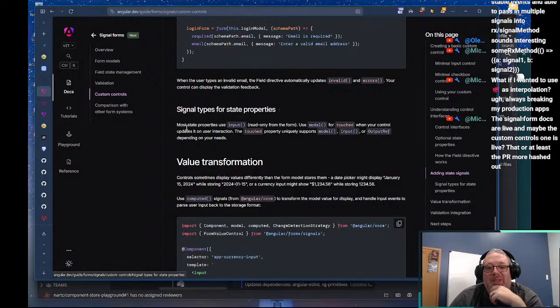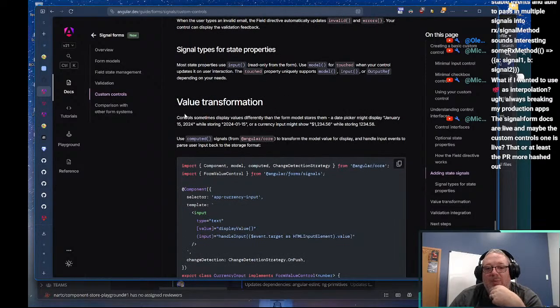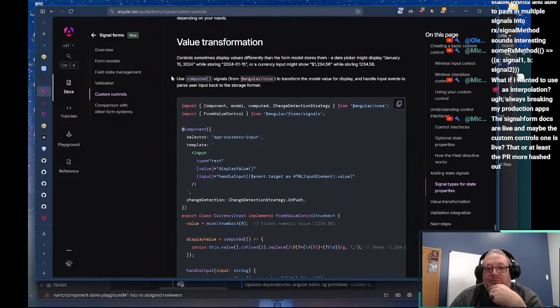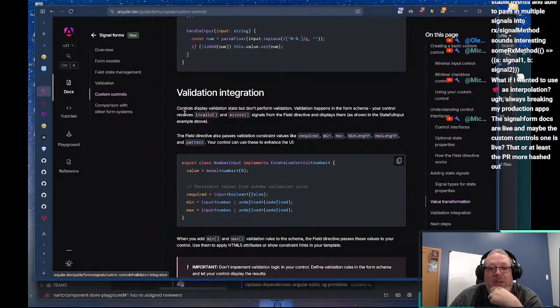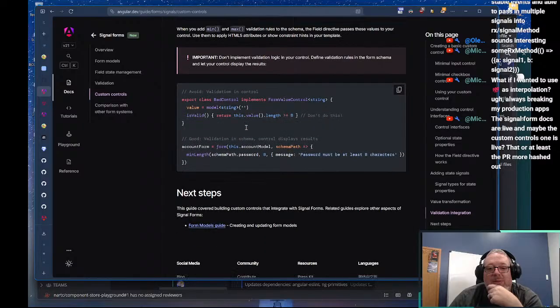Signal types for state properties. Most state properties use input, read only from the form, use model, value transformation. Yeah, date picker stuff. We'll come back to this when we build our date picker. Invalid and errors.